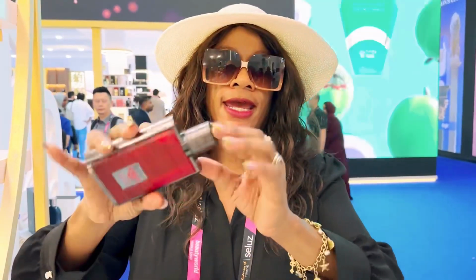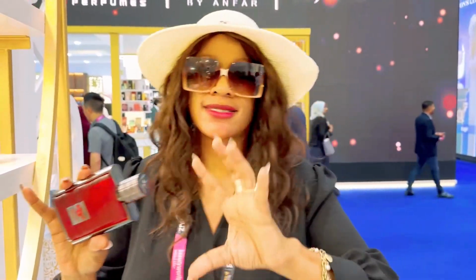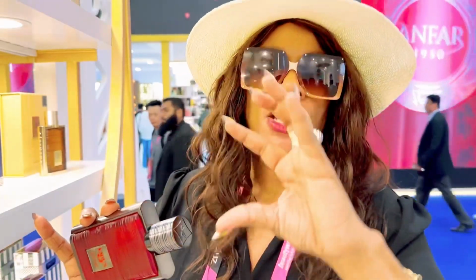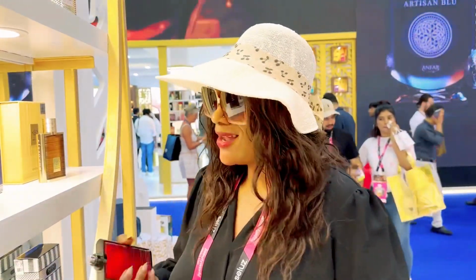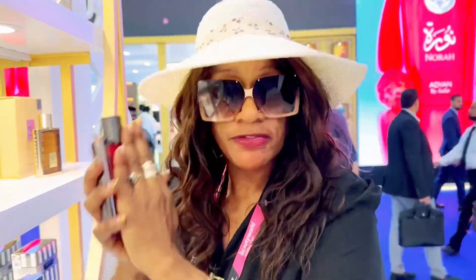It's not a screechy oud, where if you are accustomed to a screechy oud, you won't get this. There is a touch of smokiness in this, just a touch of smokiness, but not enough for me to say if you love smoky fragrances, go for this, okay? It is quite safe. It gives me an underlying rose perhaps. So there could be a rose in here, but it's not a green rose. If there is a rose, I get a fruity nuance of the rose, if there is a rose, okay,